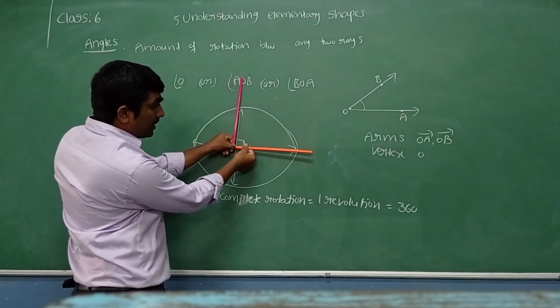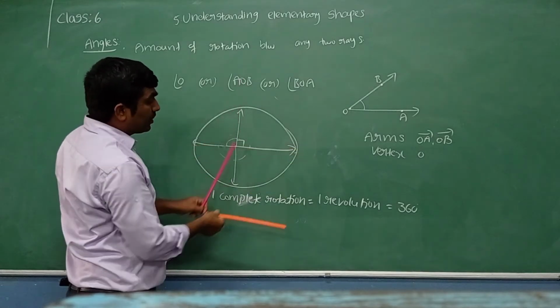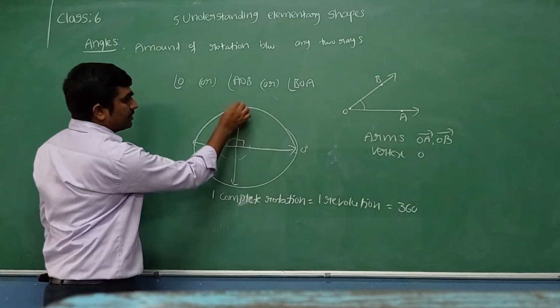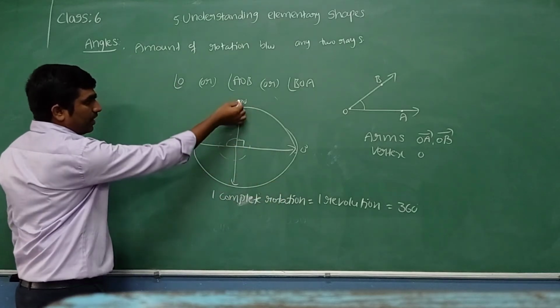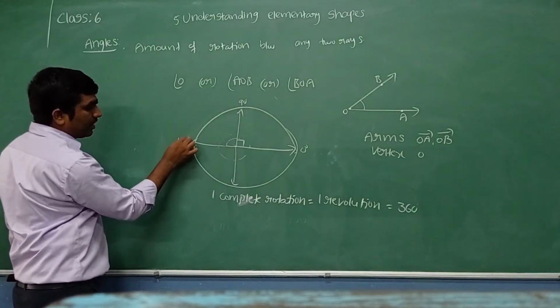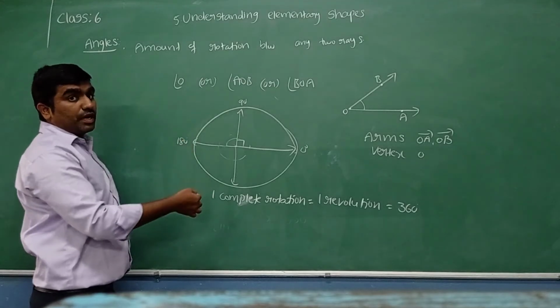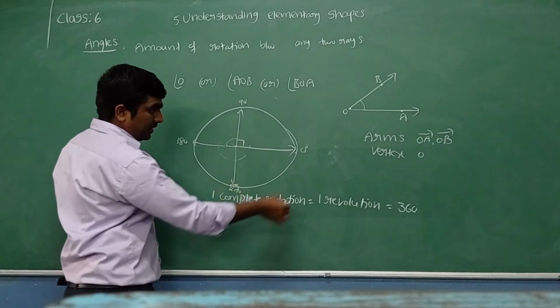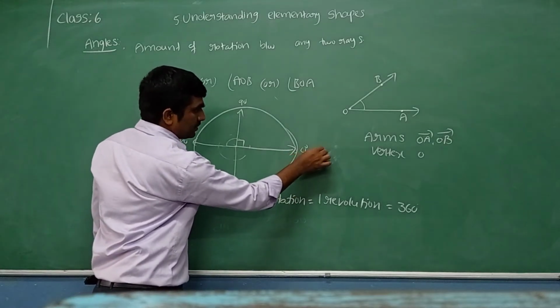Now we completed how many parts? One part out of four parts. Let me take 0 degrees and this will be 90 degrees. And after 90, this one is what? Straight angle, 180. Every time I am just adding this 90. What do we call this? 270. 270 plus 90 is 360.